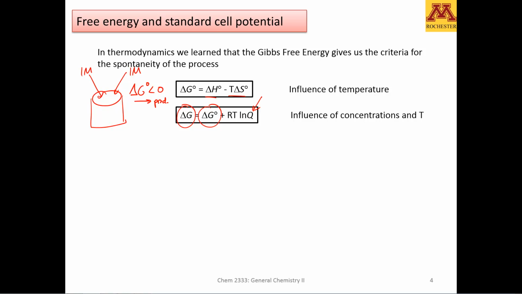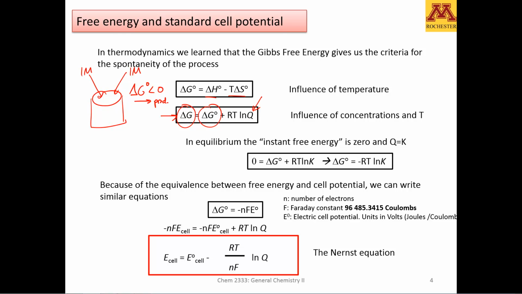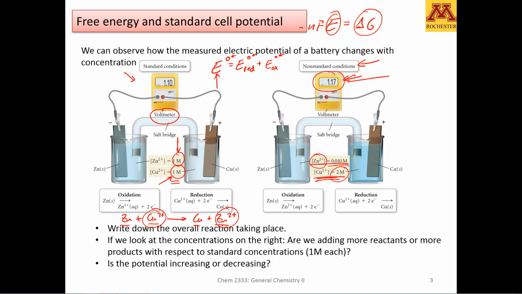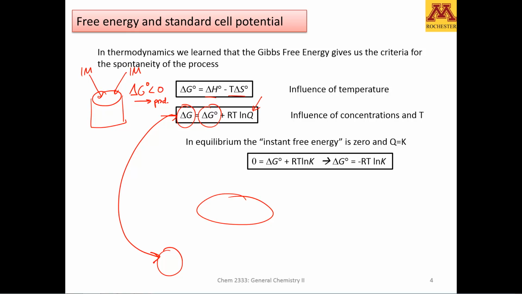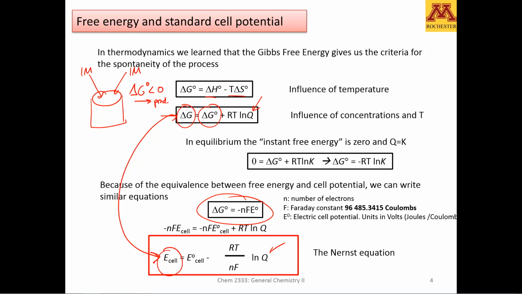Okay. Now, this equation that you have seen here can be phrased in terms of potential, and that's what we're going to do now. Remember this relationship between Gibbs free energy and electric potential. Now we can rewrite this same equation in terms of potential, and this potential is what we were able to obtain up here. This 1.17 is what you would have obtained if you plug in here the given concentrations of reactants and products, and here you put the standard one. This is a